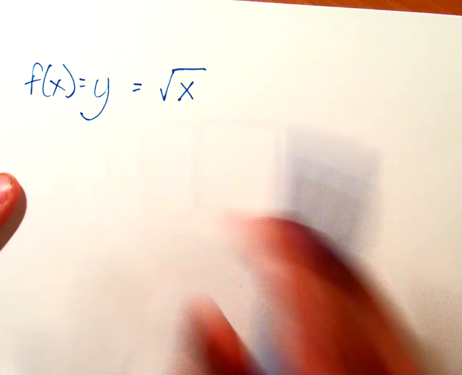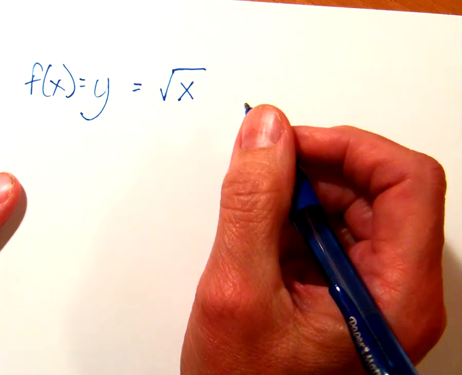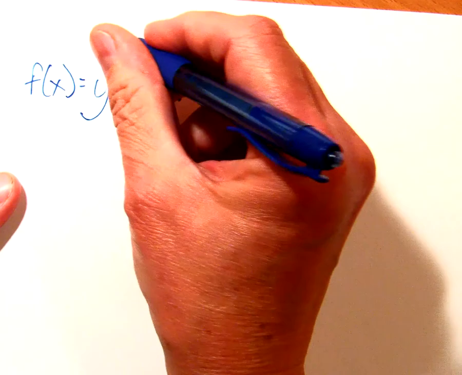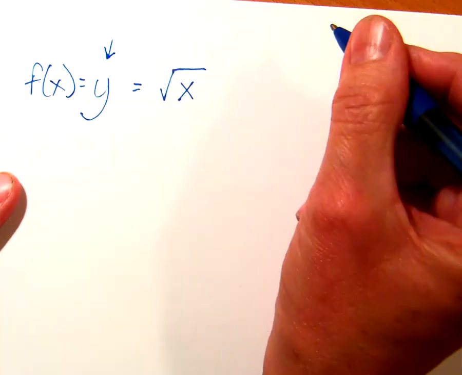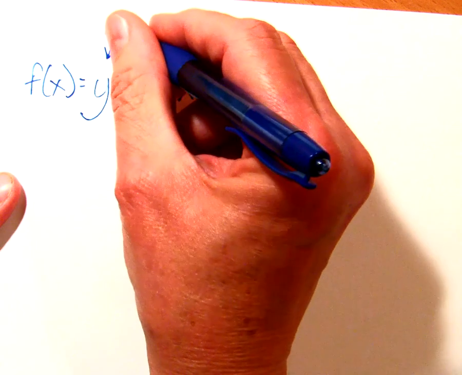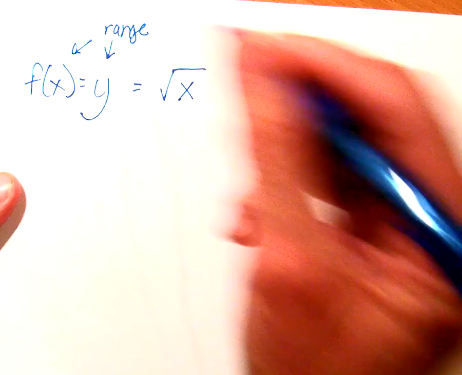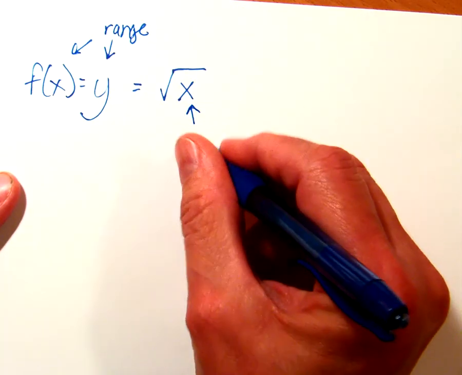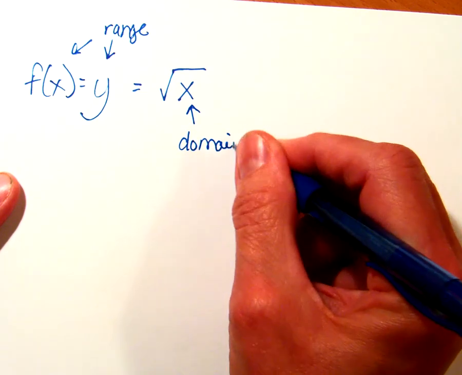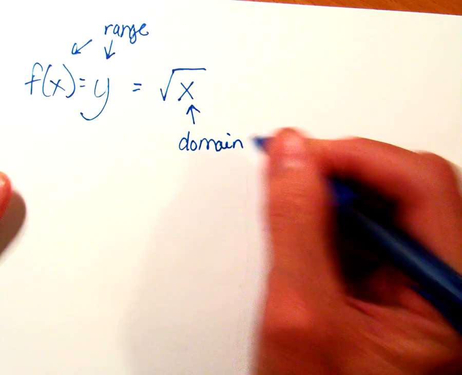Remember that f of x is another way to write the range. So y is going to be the range, also f of x, and x is going to be the domain, just like you're used to already. So this one, right